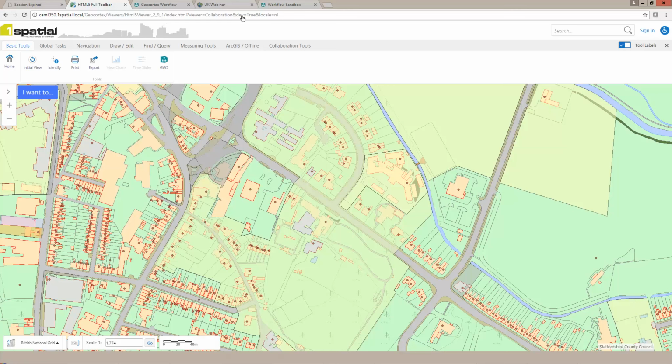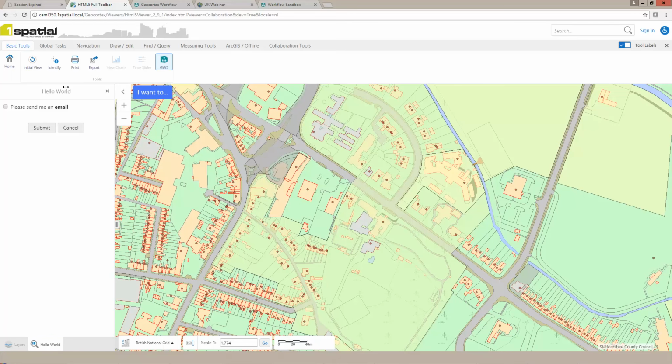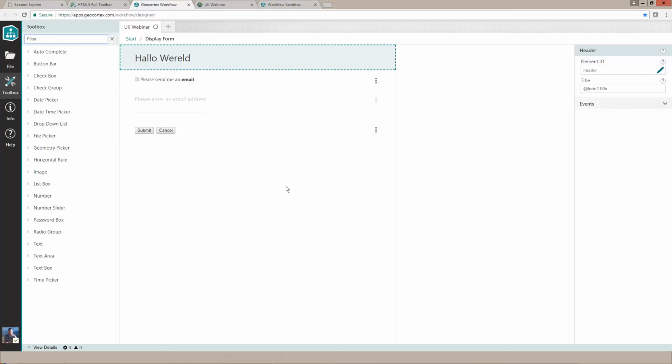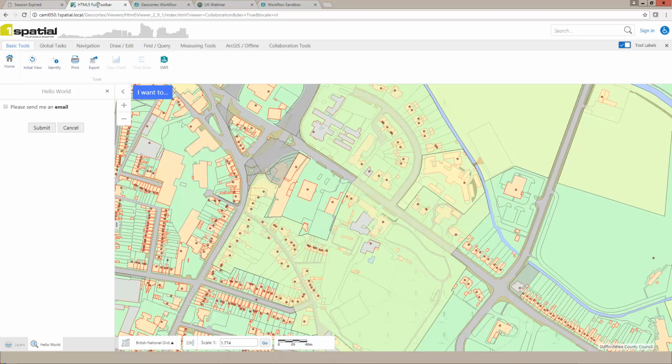So I'll just refresh my browser here, and I'll run my workflow 5. You can see that it currently says Hello World, which is incorrect. And I'll save my form here. Having saved my form, I can go back to my toolbar, and what I can do is add the words